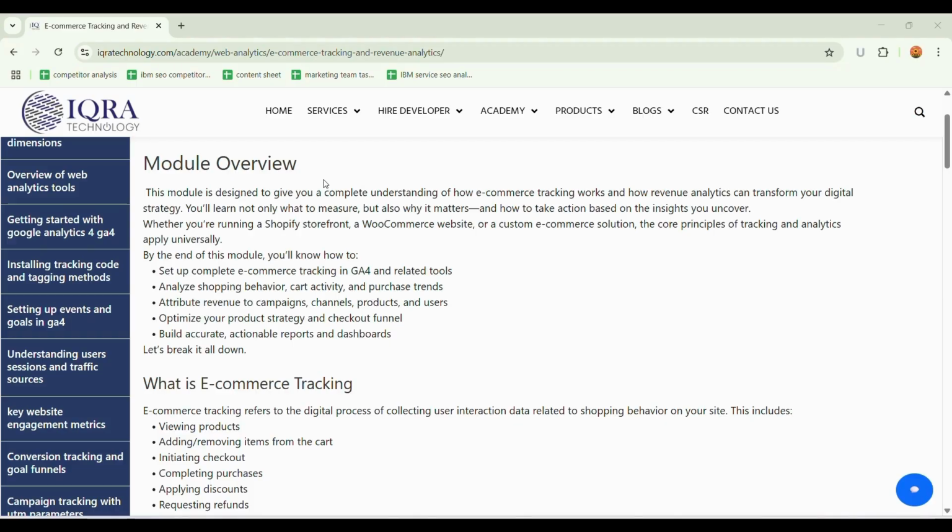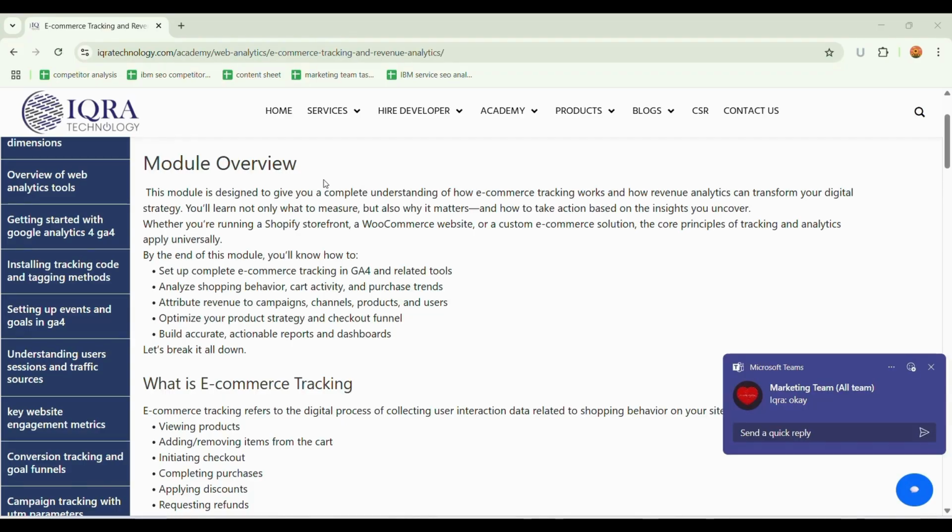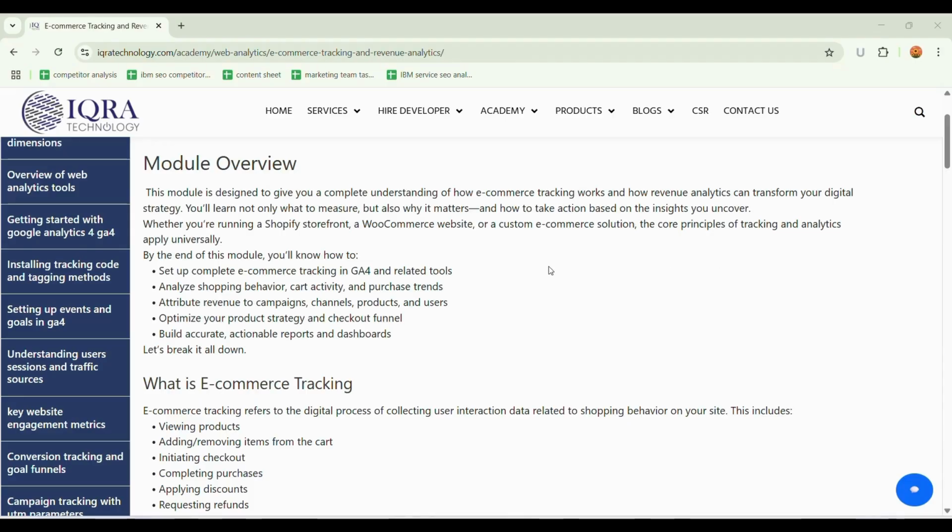Module Overview. In this module, we will give you a complete understanding of how e-commerce tracking works and how revenue analytics can transform your digital strategy. You will learn what to track, why it matters, and most importantly, how to act on the insights you uncover. By the end of this session, you will be able to